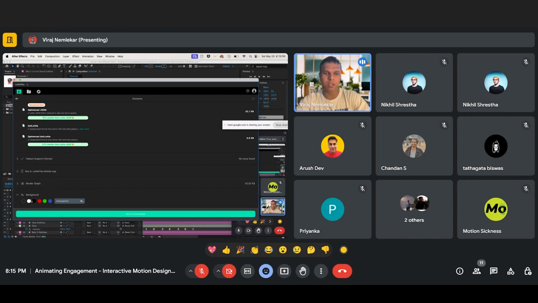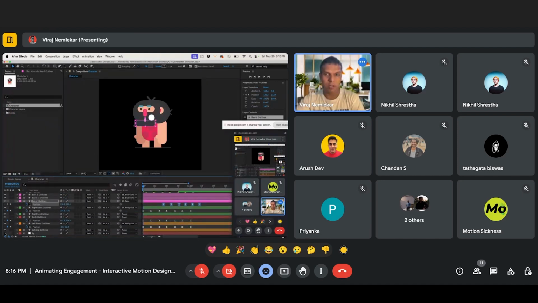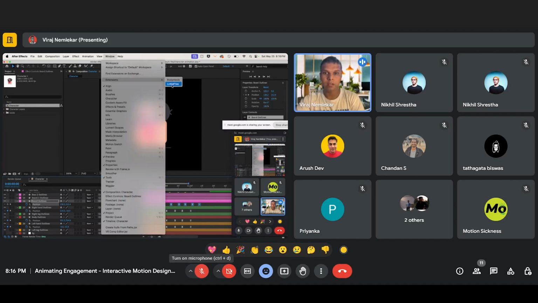You can change the colors here itself. So for example, I want to play it on a red background quickly. I can just keep it here. As you can see, there's a whitish background here. That is because I have not turned off the real background in After Effects, which I'll show you. Hold on. So if I click this off and just play it again,